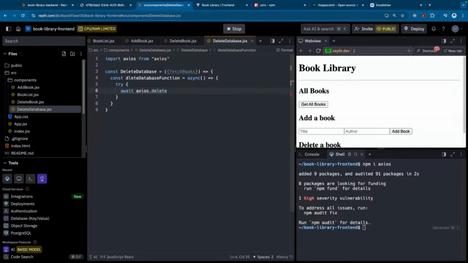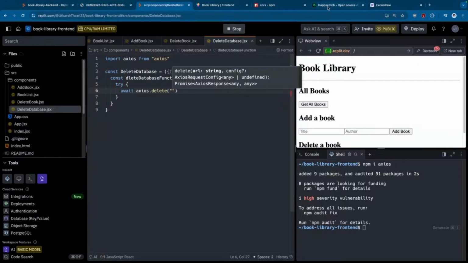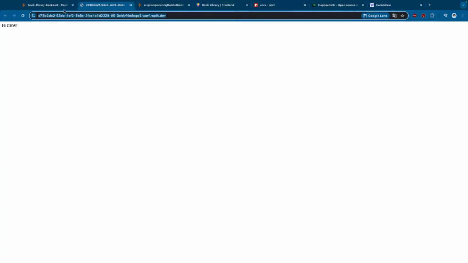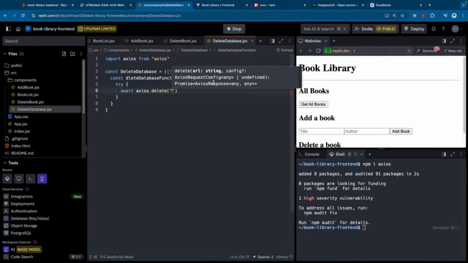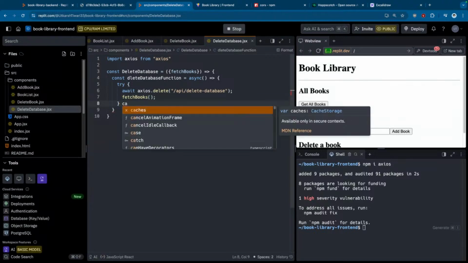And what was our API endpoint for delete all, like delete database? It was slash API slash delete database, right? So I can come back here wherever it, yeah, right here, and that's it. Once that happens, we want to trigger the fetch books again. Okay, and we can add a catch here